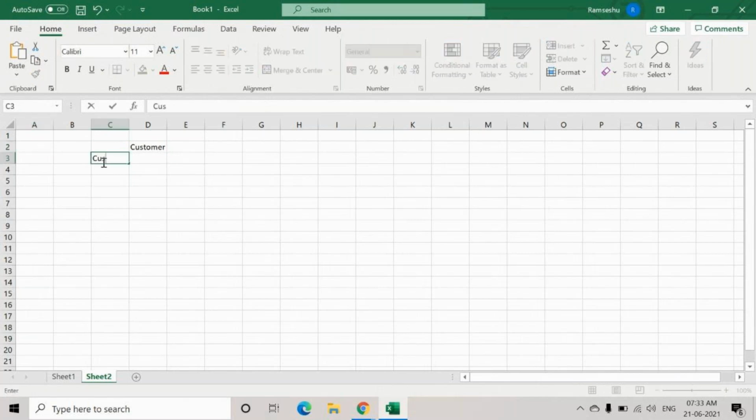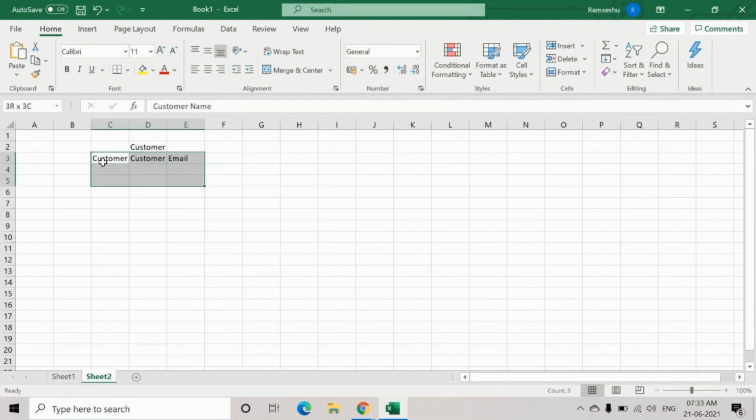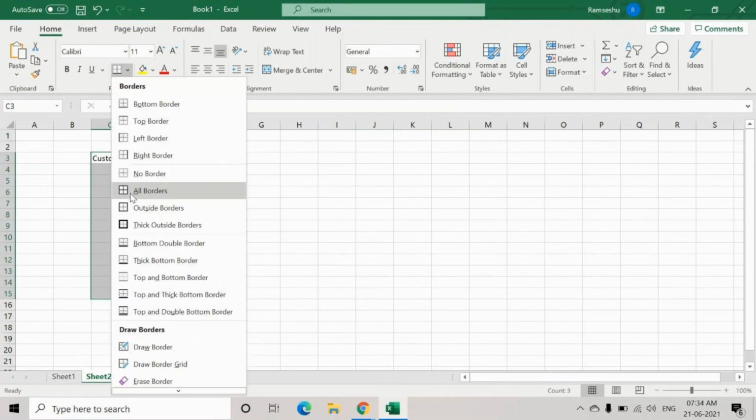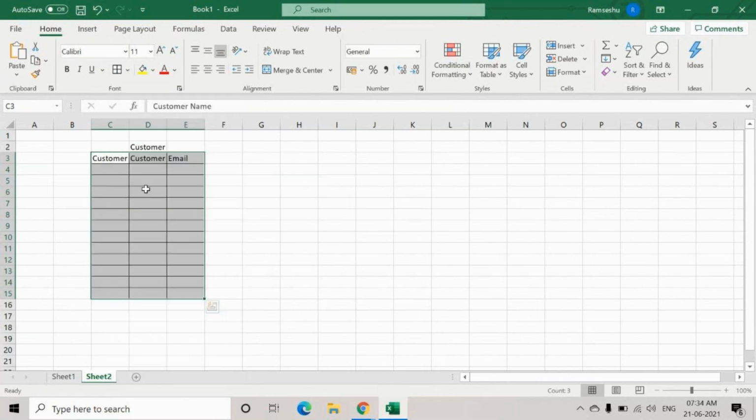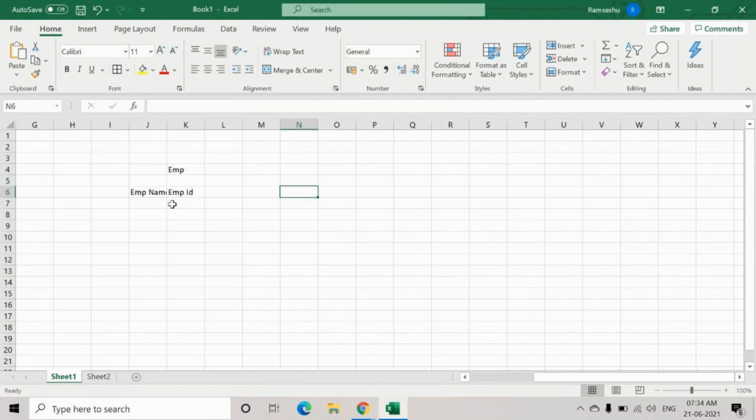I'll say customer name, customer ID, maybe email, etc. Let's say this is my table, and this is some other table.